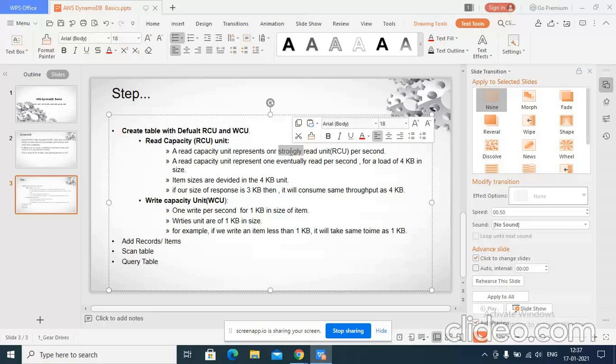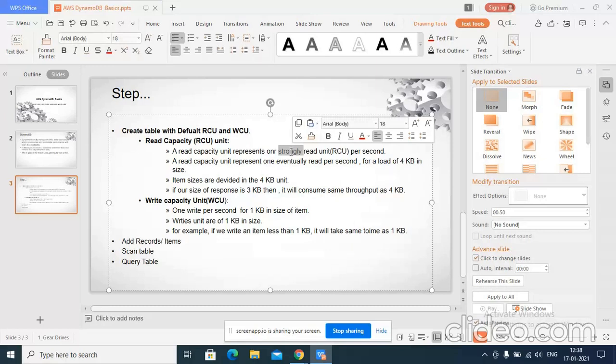The other one is the eventually consistent read unit. What does it mean? It gives some gaps: whatever data I have at that moment, I'll share with you, but it's not guaranteed that this data will be the latest one. Based on the scenario or application design, we define these parameters.